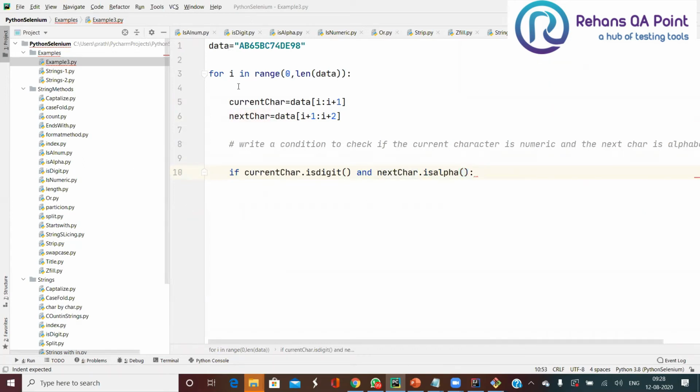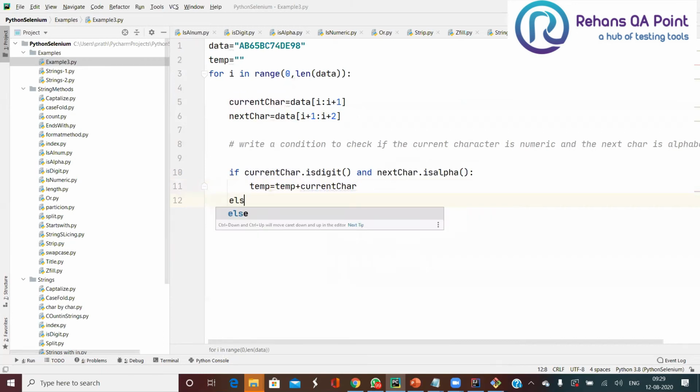then what I'm going to do here is create a temp variable equal to an empty string. Then temp equals temp plus the current character. Definitely somewhere it is going to fail, right?